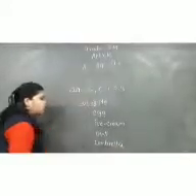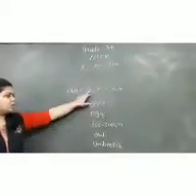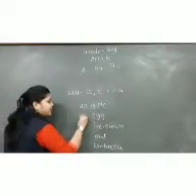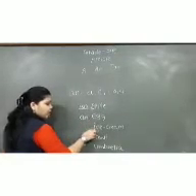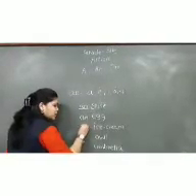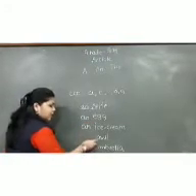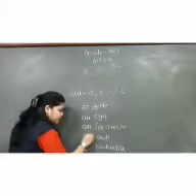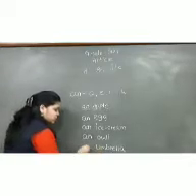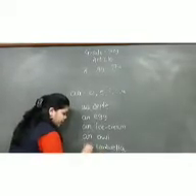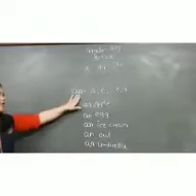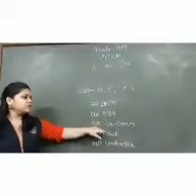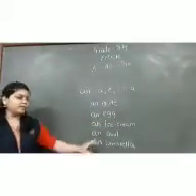So here I have written 4 examples which start with vowels. Here also the first alphabet is E, so we'll write an. Ice cream starts with I, so we'll write an. Owl will start with O, so we'll write an. And umbrella, so for that also we'll write an. So the basic rule of using an is, wherever the first alphabet of the word is a vowel, we use an before it.